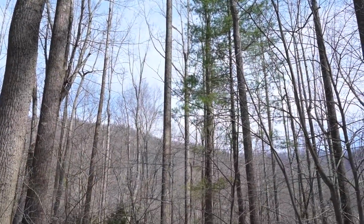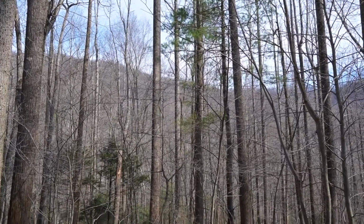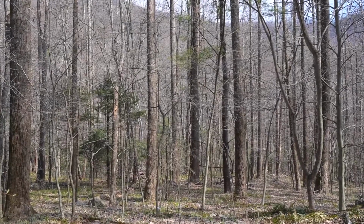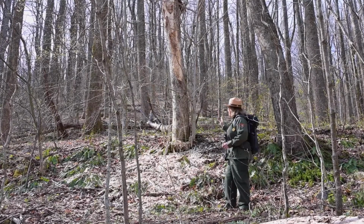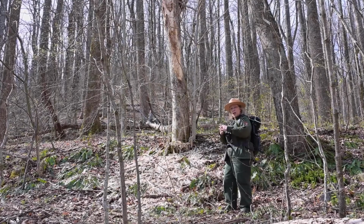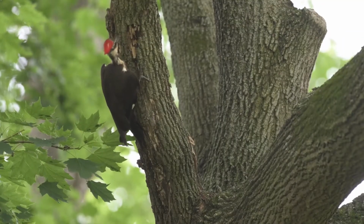Sometimes when you're walking in the woods, you might not see an animal or a bird, but you may see evidence that they were here. So we have some evidence right here of some bird activity. This tree apparently died. I don't know when or how, but later on there will be insects that will go inside there and live and make their homes, and then our woodpeckers will go in there and try to get